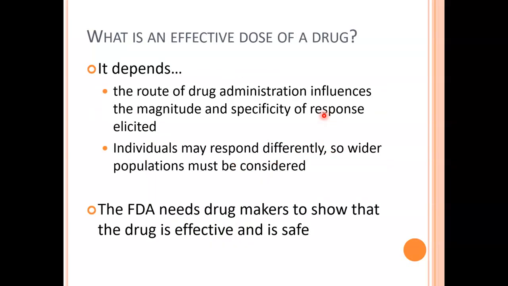So what is an effective dose of a drug? Well, it depends. The route of administration influences the magnitude and specificity of the response elicited. So the classic example is if you inject a drug, you are going to vastly increase the magnitude and potentially the specificity of that drug. If you take the same drug orally, well, then you have the delay. You need crossing the membrane for absorption to occur, and it's probably going to occur over a longer period,